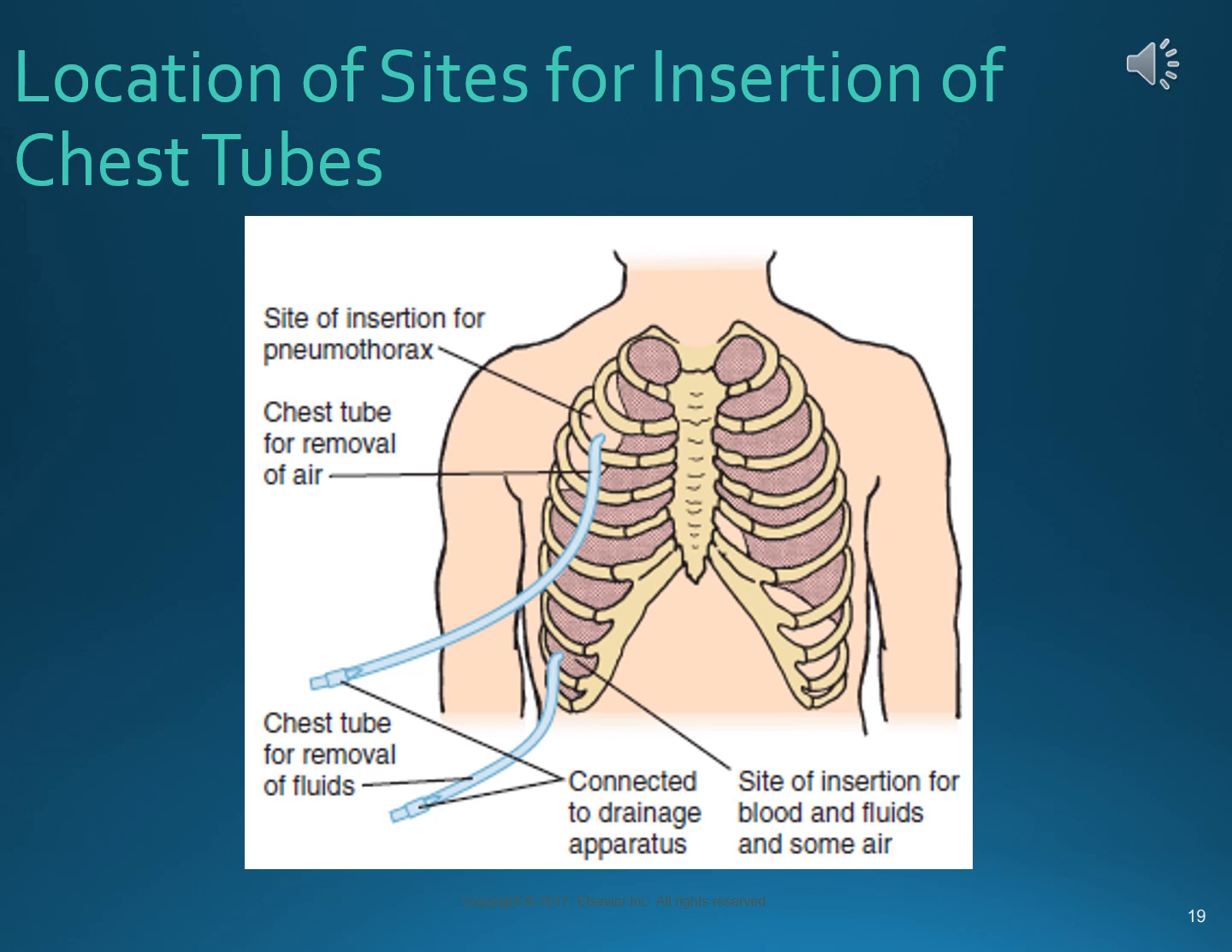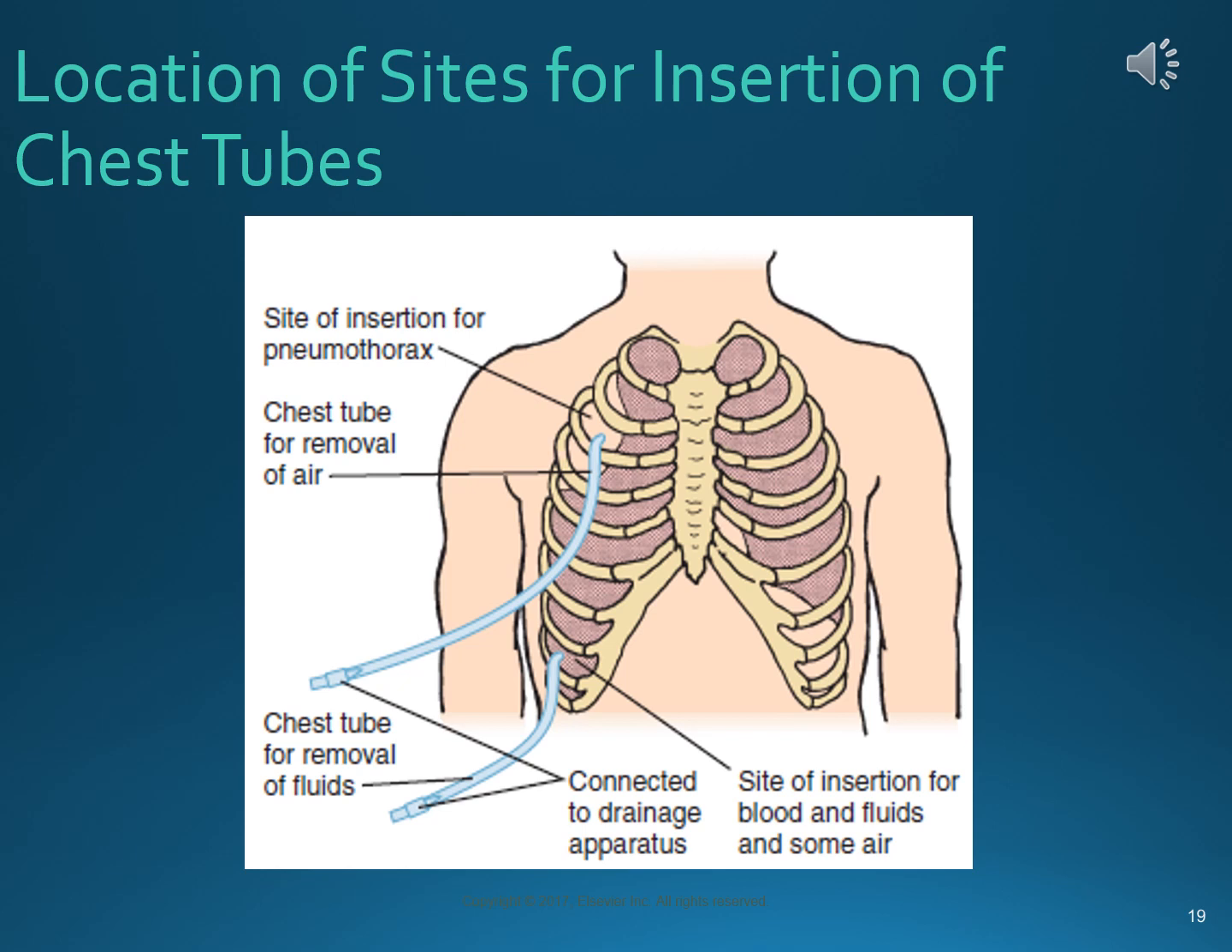This illustrates sites of insertion for chest tubes. If you've got a pneumo, it'll be high up, and that will be the kind of chest tube that will be used for removal of air to reinflate the lung after a pneumothorax. If you have surgery, the chest tube will be down low, and that is used for the removal of fluids. It will be connected to a drainage apparatus and